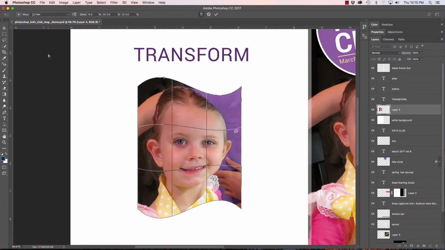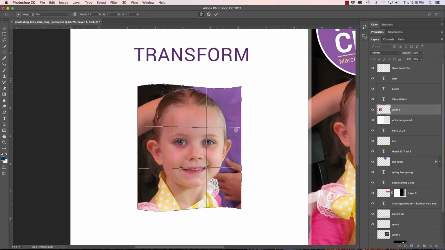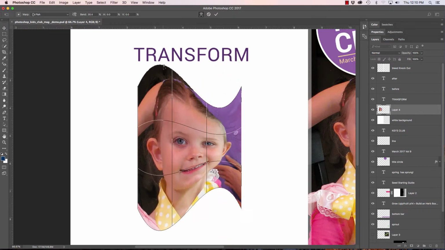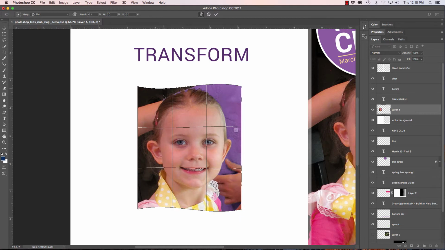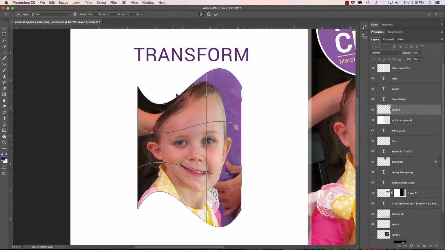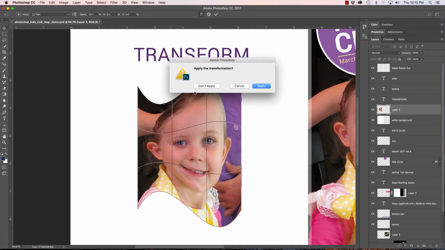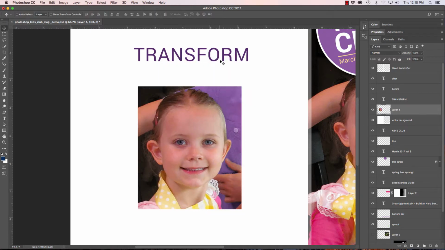Fisheye, you can do kind of like a shape of a fish, and then you can adjust that either way. So it gives you some fun things. This probably works a little bit better when you use it on type. Again, I wouldn't find a lot of uses for it, but I'm just showing you how to do transform in Photoshop. So I'm going to click here to not apply,